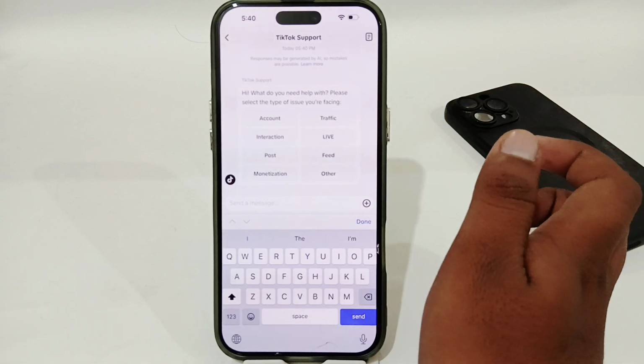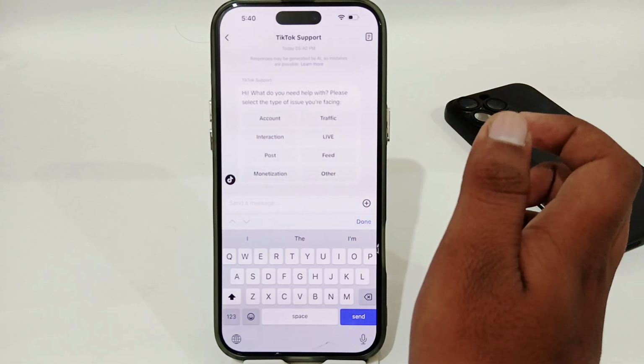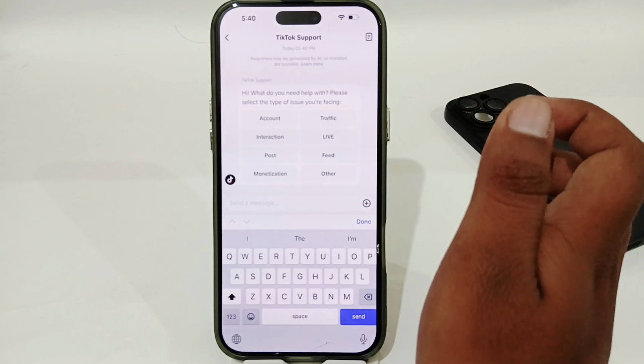So in this way you can easily fix it if you're having an issue that your TikTok message cannot send, or you cannot chat with